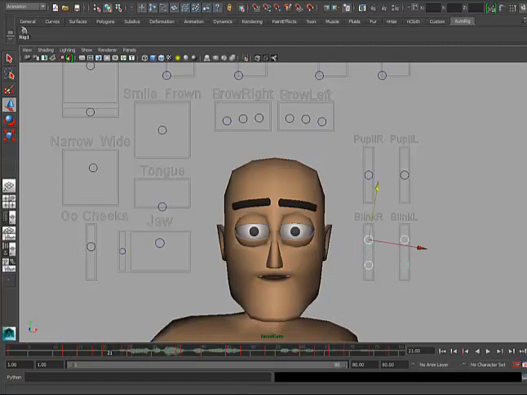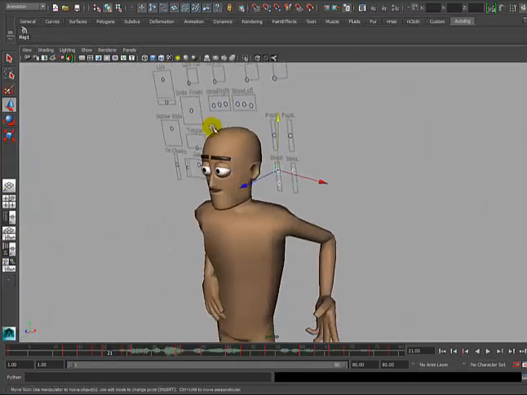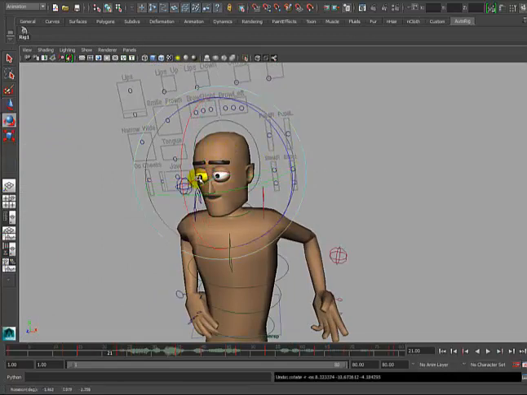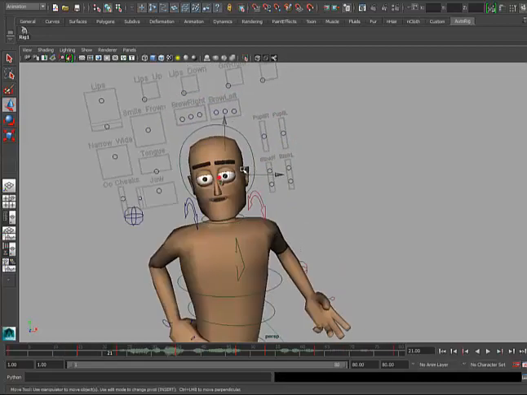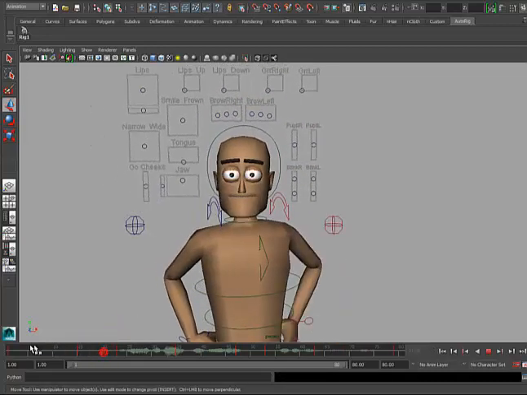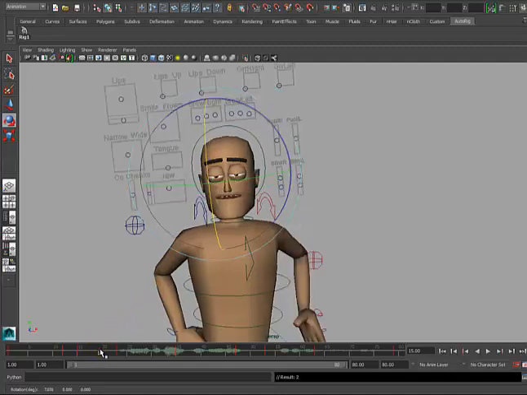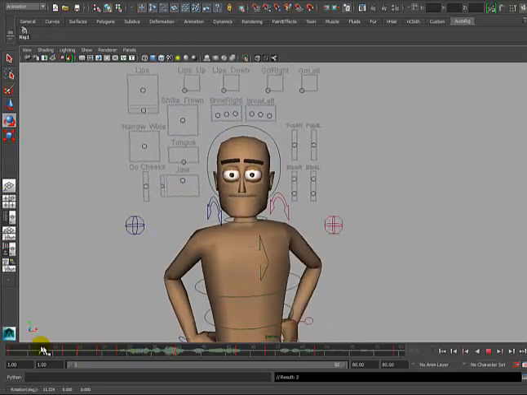One of the other things, let me get the eye controllers up. Oh, the eye controllers are actually in the body controls. Yep, they sure are. Obviously, you want to do these at the same time. But one thing about this is when the eye blinks, your eye actually rotates down when you blink. Then as you come up, they're still sort of down, but as your eyes come up,